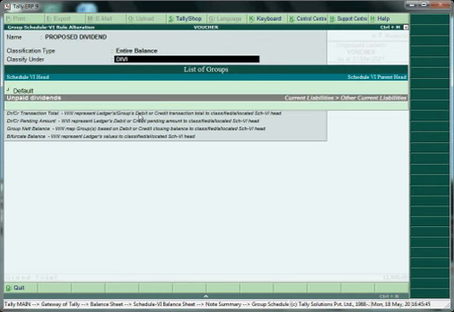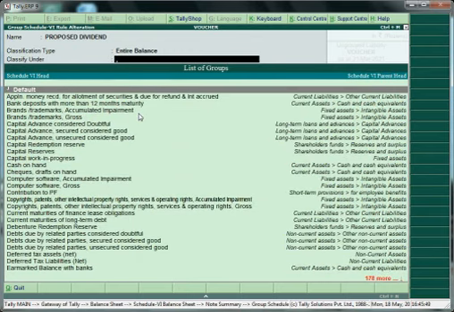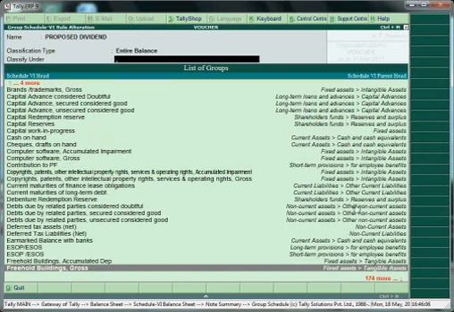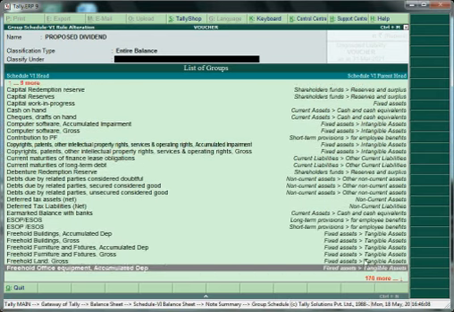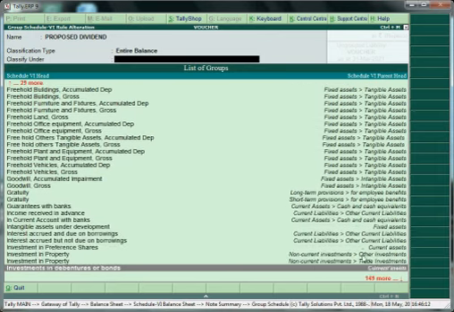We can put it here, or we can put it in the short-term provisions for employee benefits, here, and others.